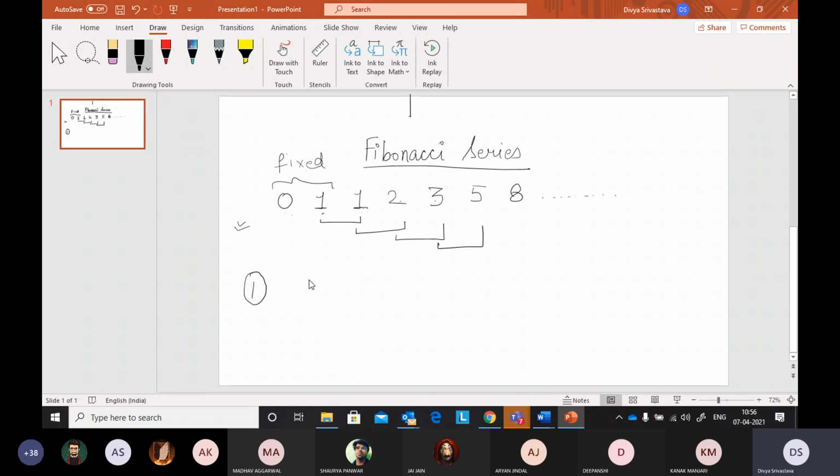If I say find the summation of two numbers, how many variables? Minimum 3 variables are required. Why? C is equal to A plus B, right? In A there is your first number, in B the second number, and the summation of both will be in one more variable. So minimum 3.